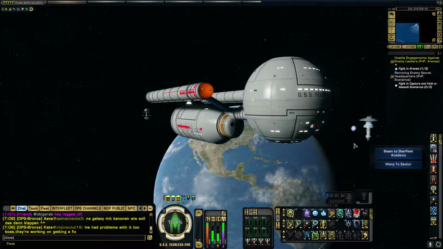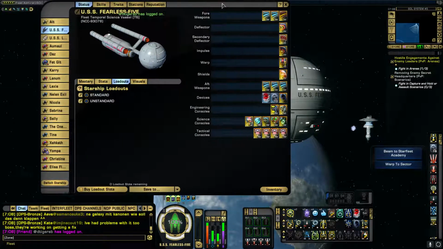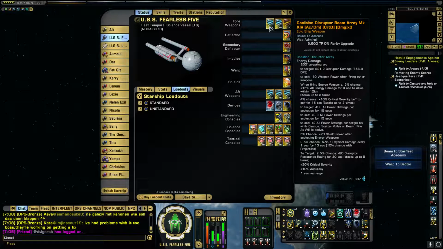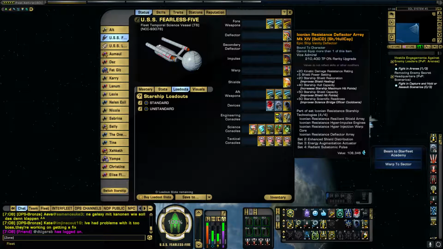Anyway, I'll just go through the build one last time just to show you what it all is, the complete build, because I often forget that on videos. So we've got the Coalition Disruptors, all of them with the same mods, and the Terran Task Force Disruptor, the full ICO space set,